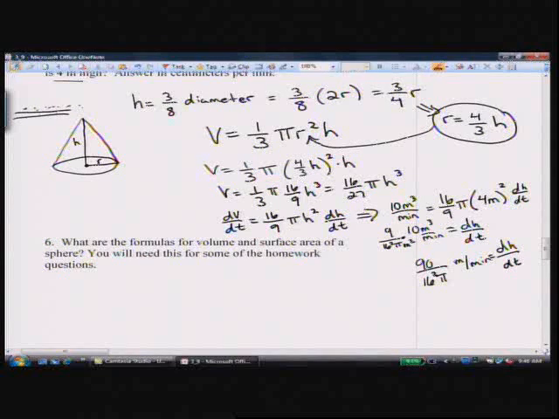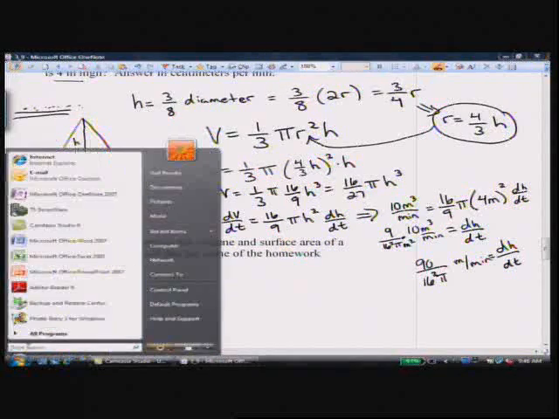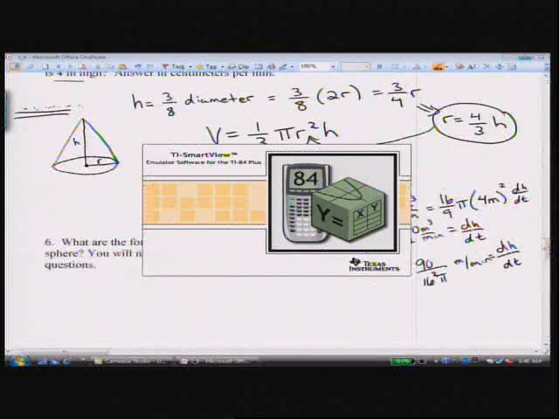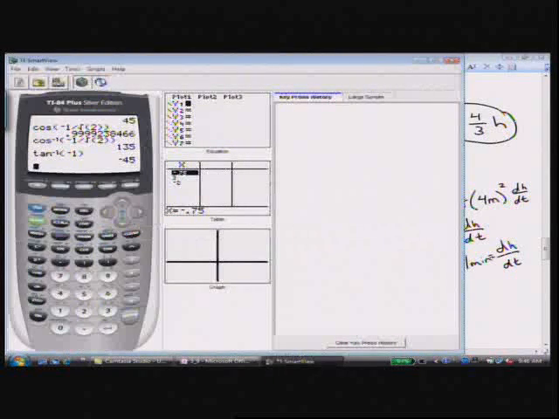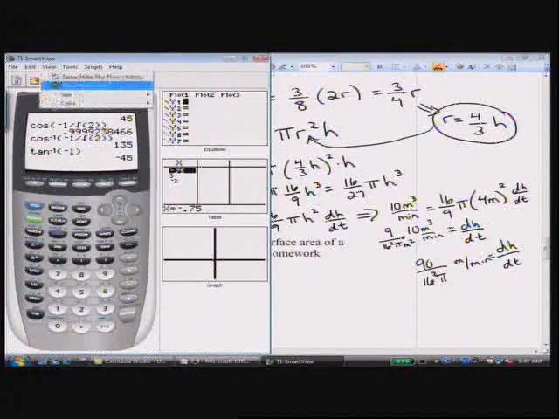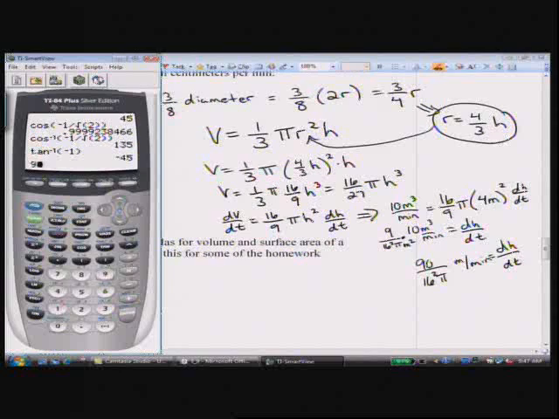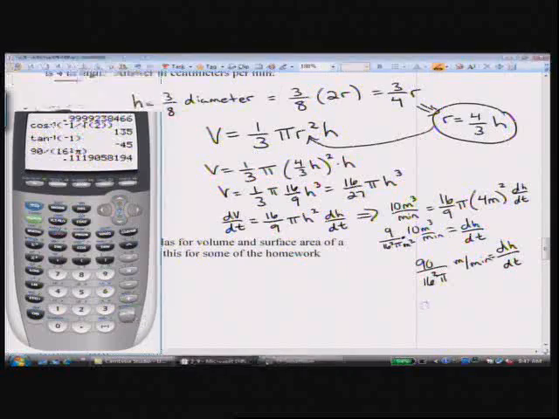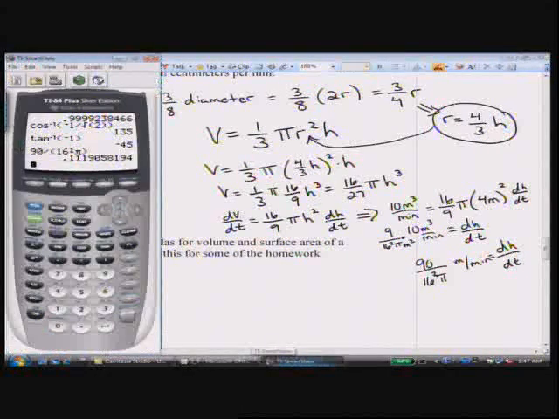Okay? And I can get this number. So I'll do 90 divided by, be careful here because you have to put that in parentheses, 16 squared times pi. All right, now this is meters, what was it? 0.1119